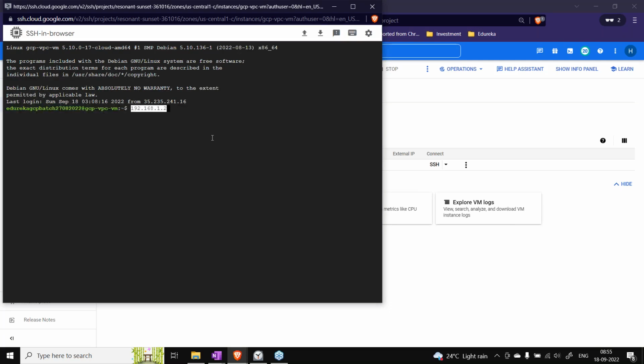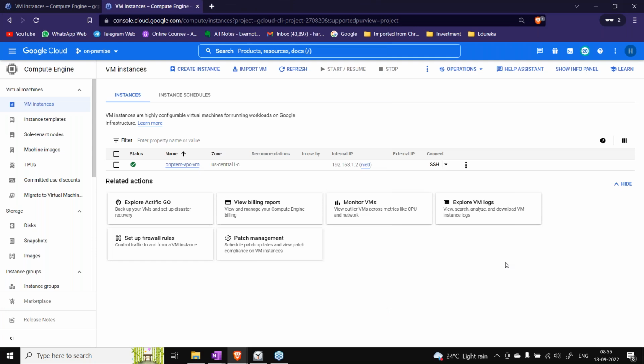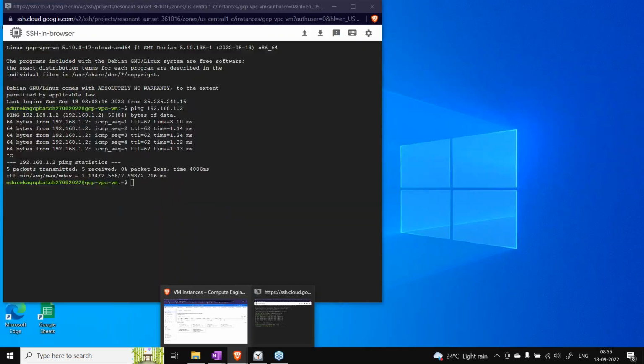Now let's ping this. And now we are able to communicate between the two VMs. Those are in different projects, but they are connected via HA VPN, not the classic VPN.